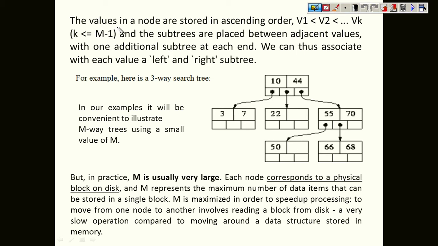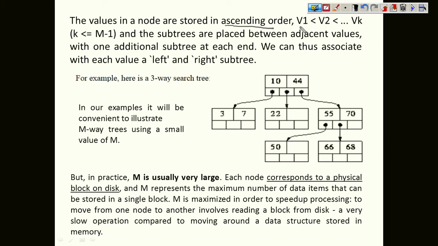Now, the values in the node are stored in ascending order because it's a search tree. Already we have discussed that a binary search tree is a tree which follows the order property. Order property means the values stored in the nodes maintain some ordering, like the left subtree will always have less values than the root node, and the right subtree will have values more than the root node. So here you can see that the values which we are keeping in the node of an M-way